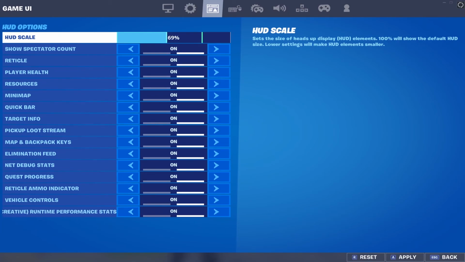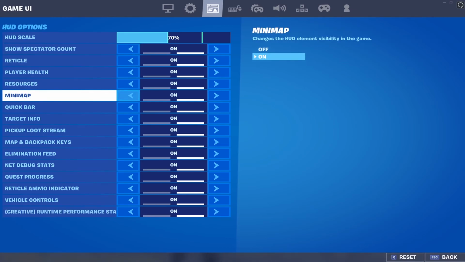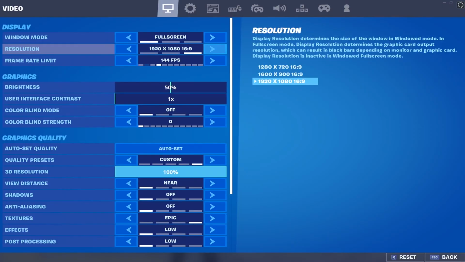Now, in terms of here, I'd keep show spectator count on, reticle, player health, resources, minimap, quick bar on, target info, yes. Pick up loot stream. I'm pretty sure that's the thing, right? I don't even know what that is, but